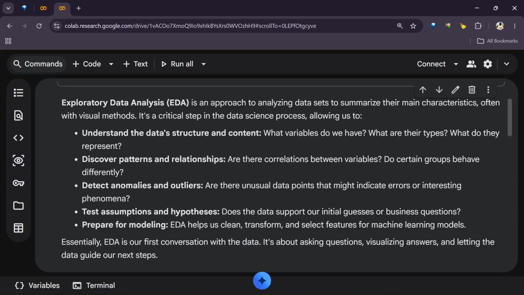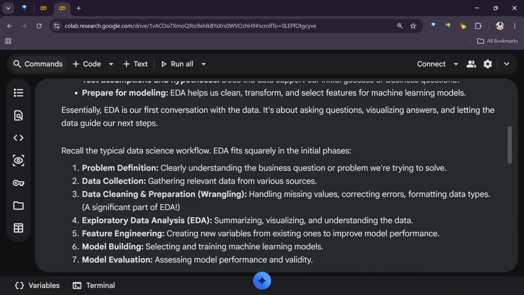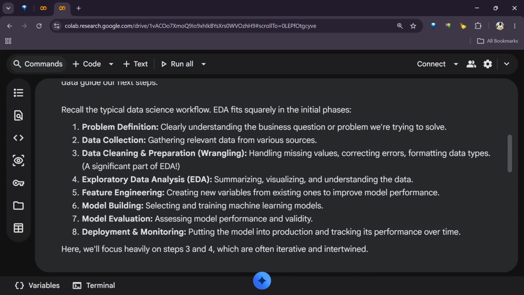Okay, so EDA is basically like our first date with our data, because we're asking questions, we're visualizing answers, and we are getting the guide on what to do next. Okay, so yes, we'll just jump into it. And majorly, if we just take a flashback to